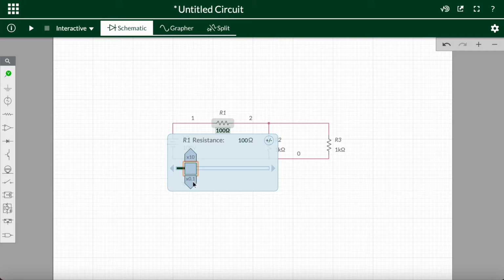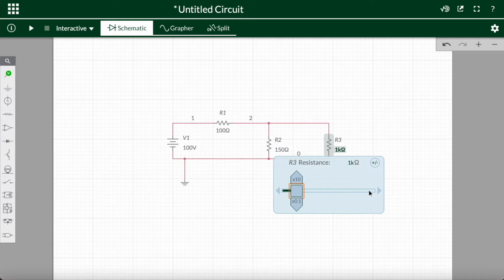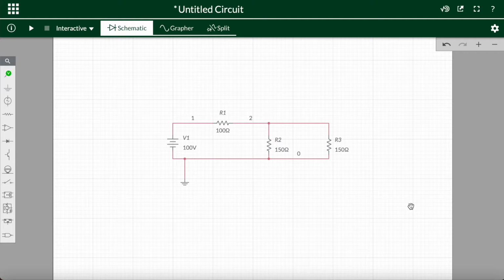And then I have a resistor of 100 ohms. And then I have these two parallel resistors, which are both 150 ohms, just so that the math is easier and I don't have to do a lot. You just got to prove that I can get this to be somewhere between 0.5 and 0.8